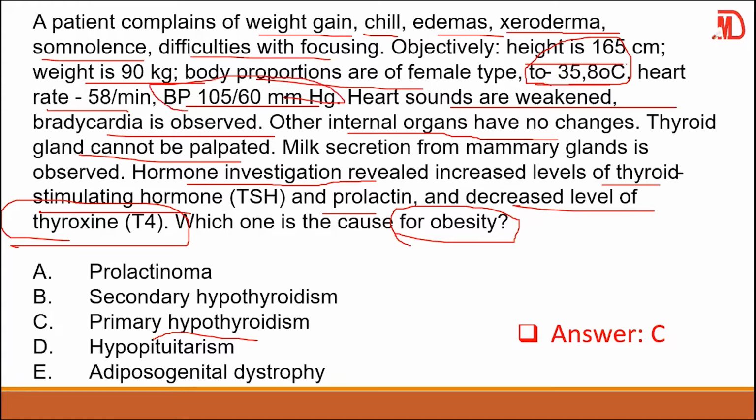Look at the blood pressure, a little bit low. Look at the heart rate, and everything is quite low. The person is dull, so the answer is C. The answer is C. And just to add up, thyroxine